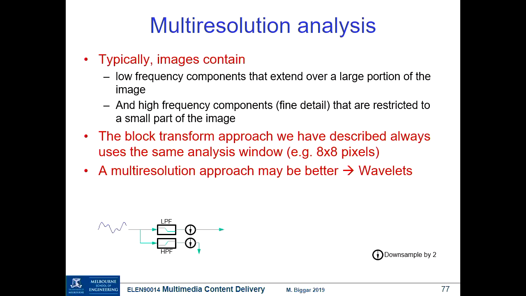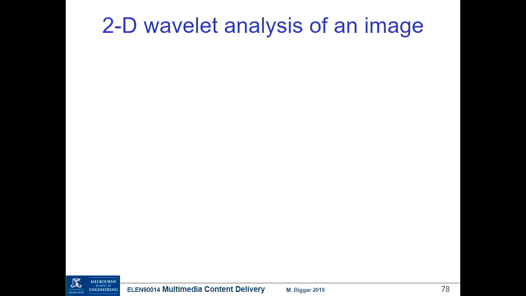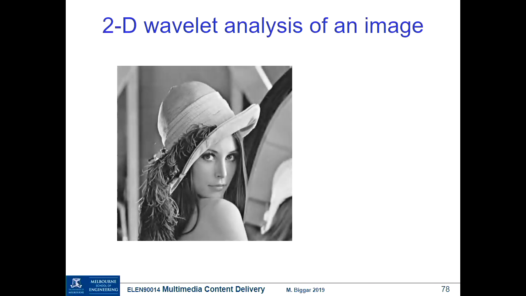The low-pass filtered components, the low frequencies, get downsampled as well, but they can subsequently be recursively filtered and downsampled again. So we have a second round of filtering and subsampling, maintaining the high pass in this case, and continuing to filter. So in an image, it means that if we take an image like that,